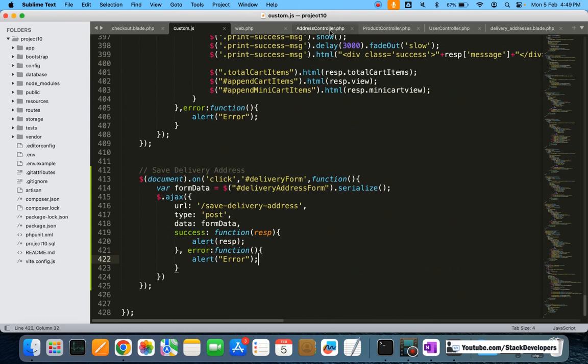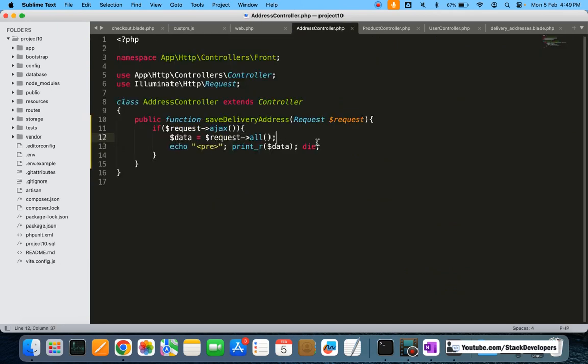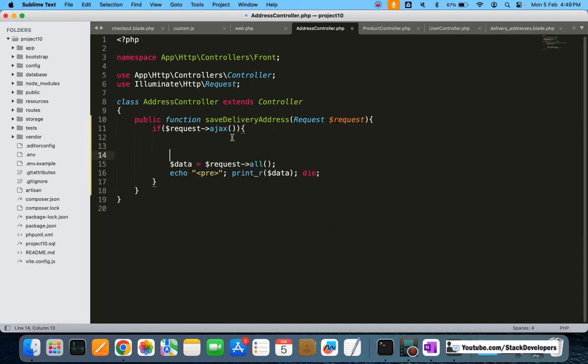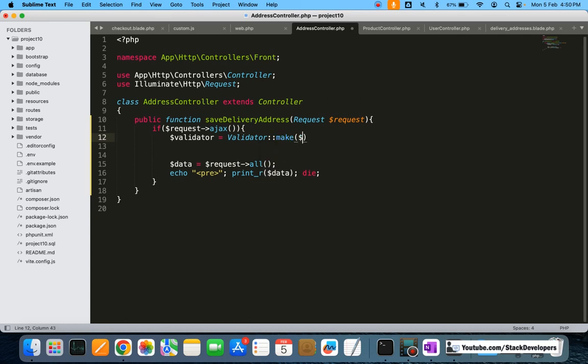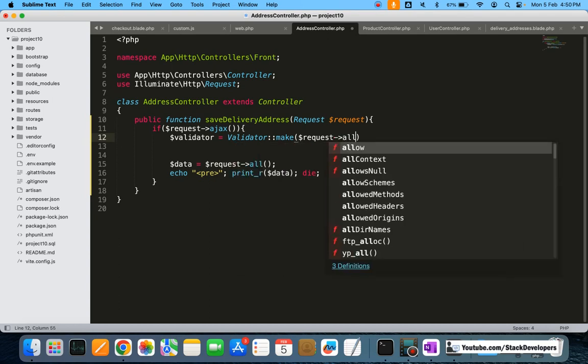We will add here Laravel validation. So let's validate the data now. Here in Ajax, I'm going to do it like this: $validator = Validator::make($request->all()). We're going to get all the data,